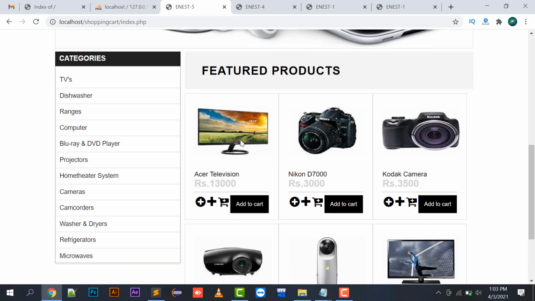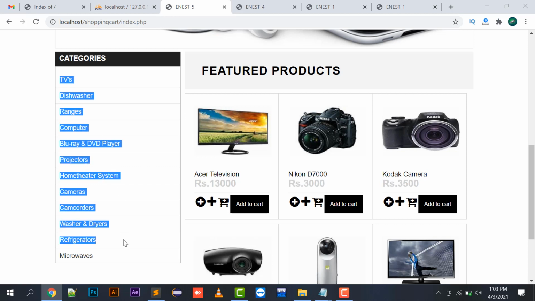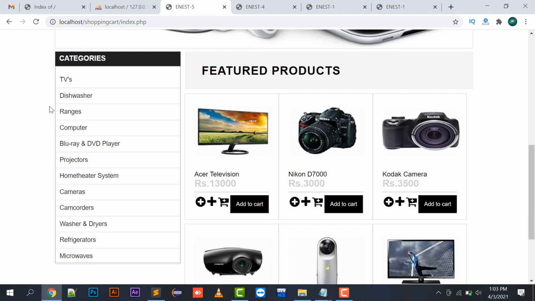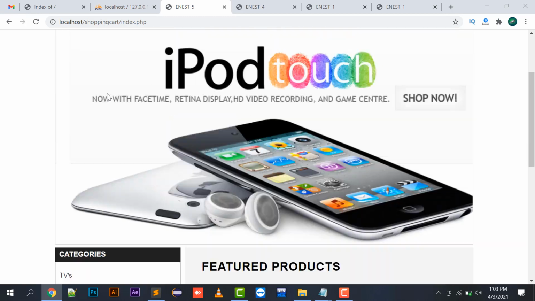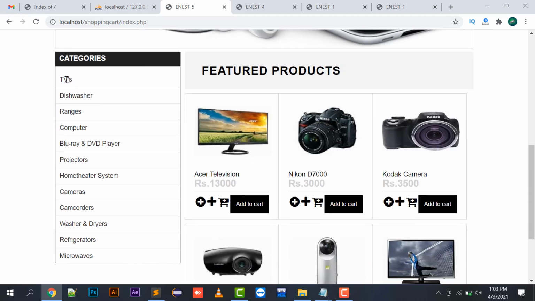In the earlier part of the video I gave you the knowledge about how to display the categories from the database, and in this way we can display the products as well. Now what we are going to do is implement the project part so that after clicking on TV it will come to my products page, and that page will display the products which are of the TV category.